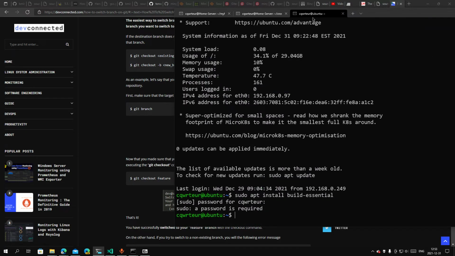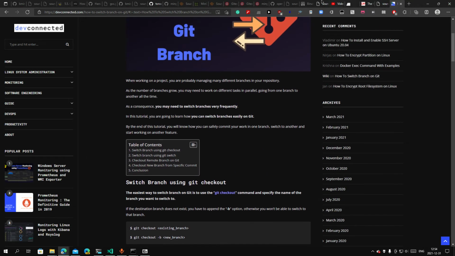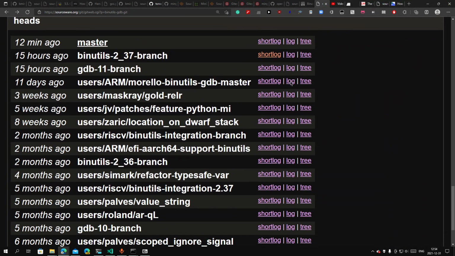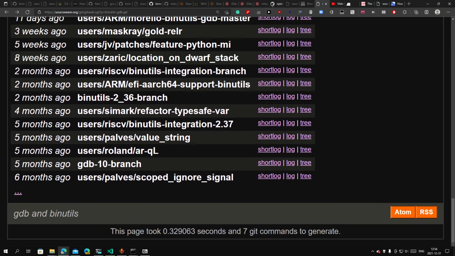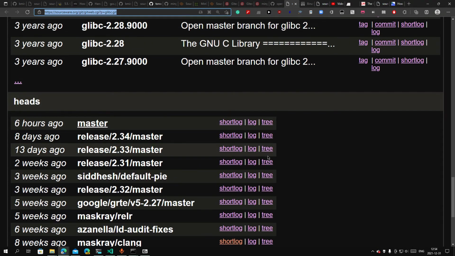If we're using the latest one, Ubuntu 21.10, which is not an LTS, a long-term support version, it is 2.34. So you need to check which version of glibc you have. Then go to the glibc repository here and clone the branch